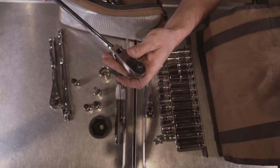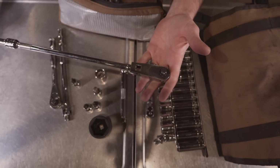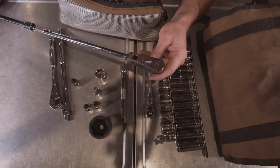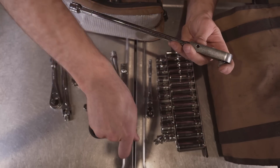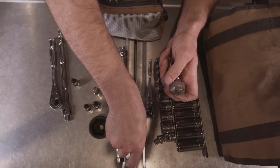Snap-on stuff's pretty durable, so I'm not worried if I need to, and it's a warranty, so if I make it this long trying to break something on the trail, I can do it, and then if I break the ratchet, I can get it replaced when I get home for free. But that being said, anything that's got that much force is not something I'm going to be repairing, most likely, on the trail, because